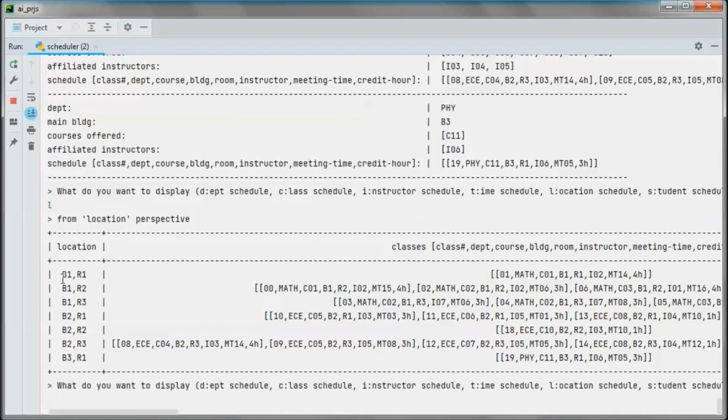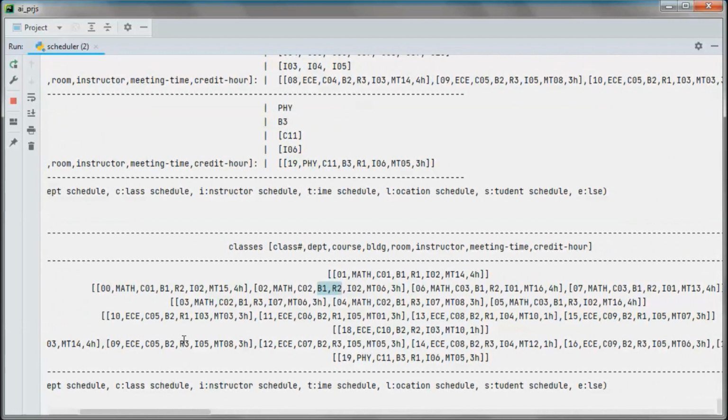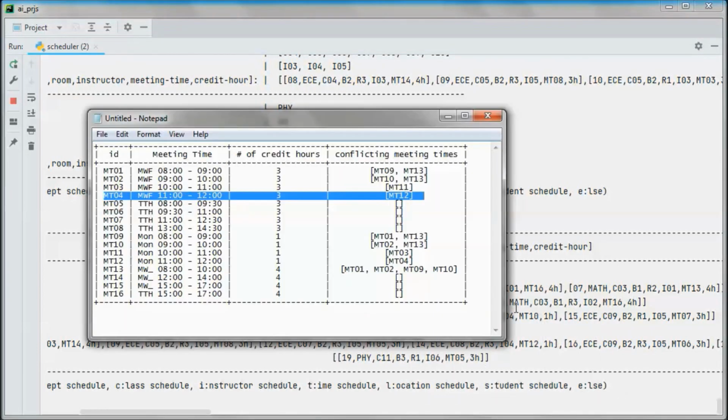So we have building B1 room 1, and here we have B1 room 2, those classes, B1 room 3, and here we have instructor 02, but at different meeting times. So 06 and 15, and let's check if they conflict with each other.